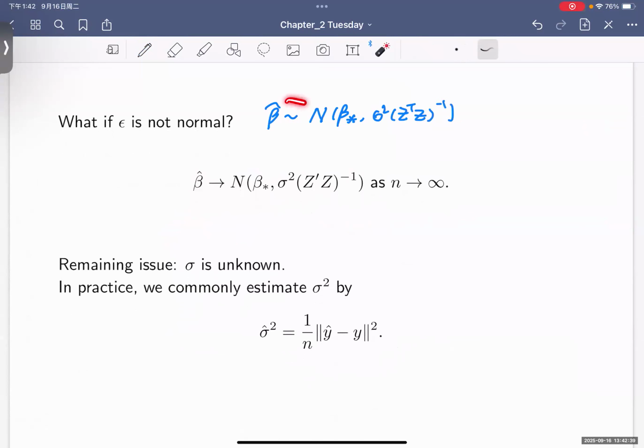So this just stands for the equal, okay? So here it just becomes close to normal. And once epsilon is normal, this beta hat is exactly normal. But here it just becomes more and more close to normal. So the only difference is here. And now